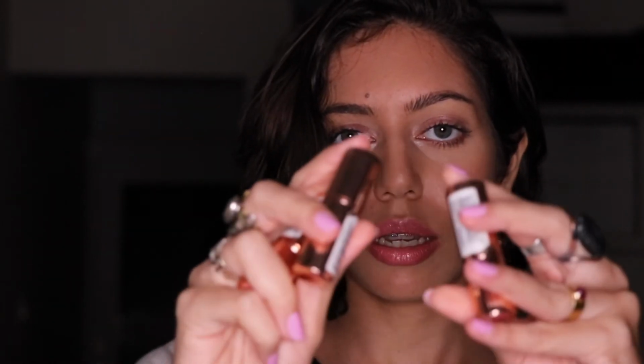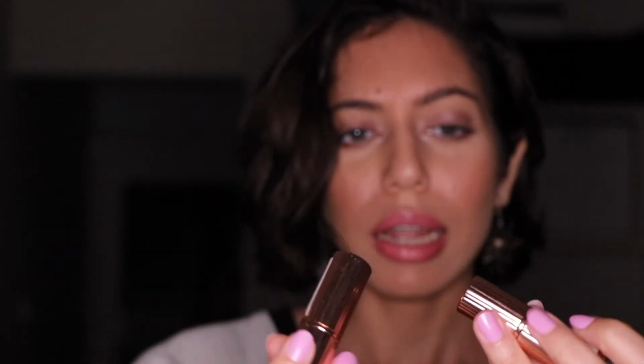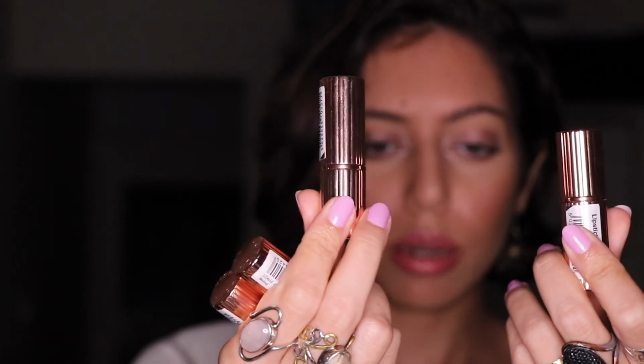Now, I love these. I really do. One, of course, the packaging is just so beautiful. It kind of reminds me of like Charlotte Tilbury products. Charlotte Tilbury always has beautiful like rosy gold products. Now these go on. I'm wearing Renew and I'm wearing Prime on my lips right now, and